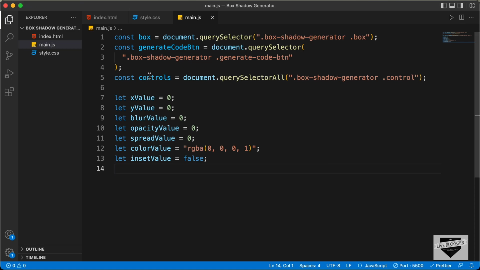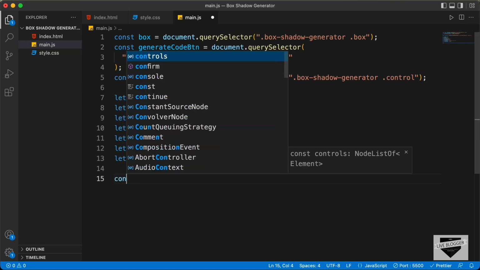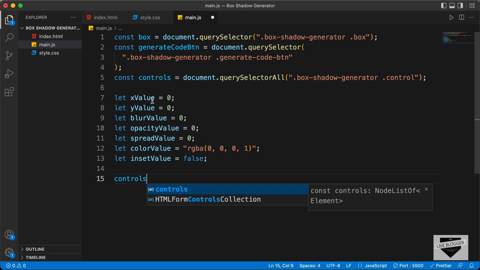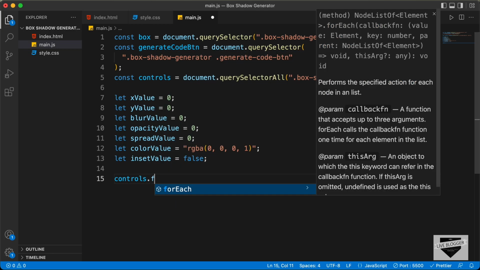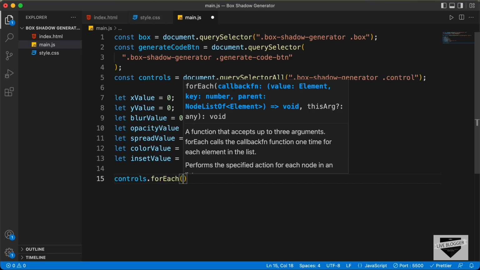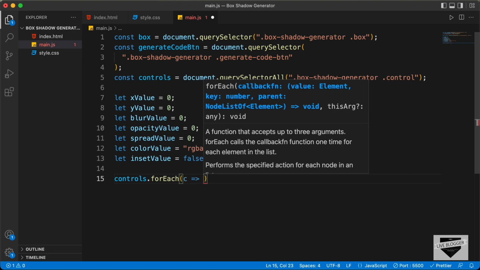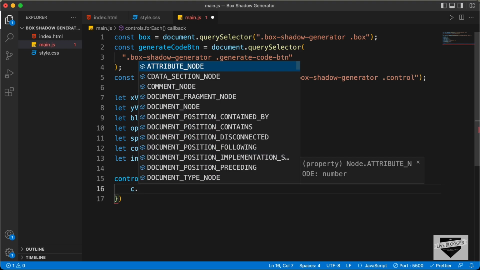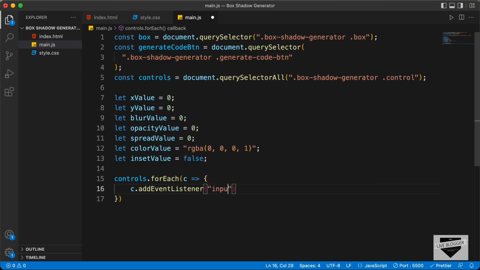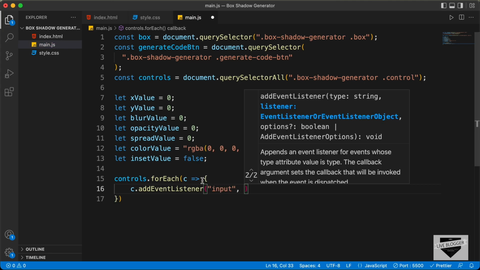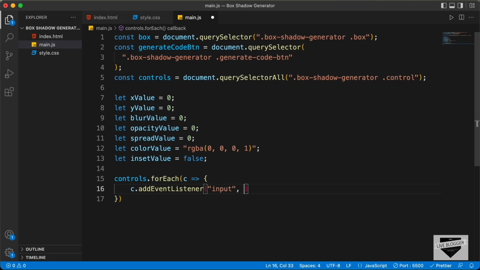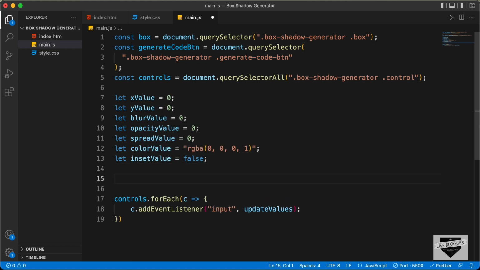Right now let's add event listeners to all these controls. So let's type controls, and we have multiple elements inside these controls, so we will use a forEach loop for that. So let's type .forEach, and for each of the controls I'll just call it c, and let's create an arrow function over here, and let's type c.addEventListener, and we will listen for the input event. And when someone changes the values inside the control, we'll just call a function to update the values, and we'll name the function updateValues. Alright, now let's create this function. So let's type const updateValues,